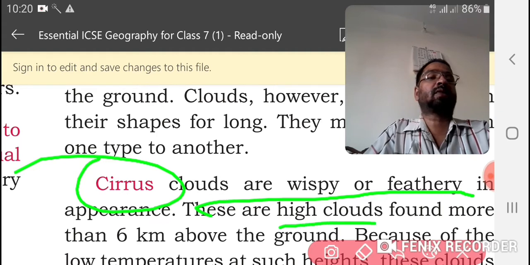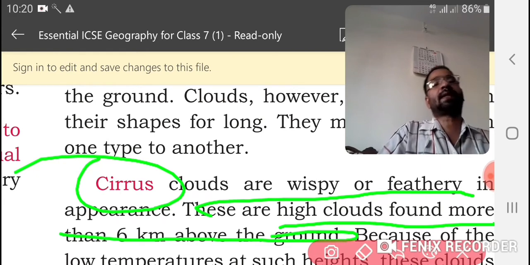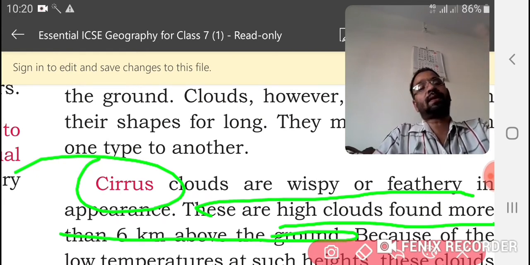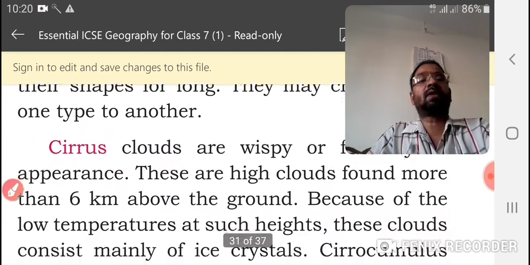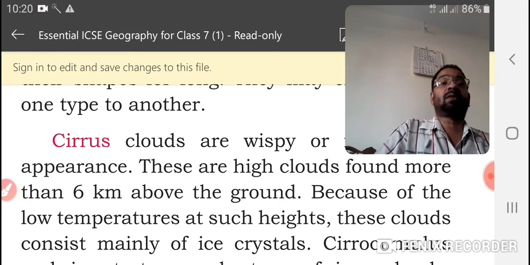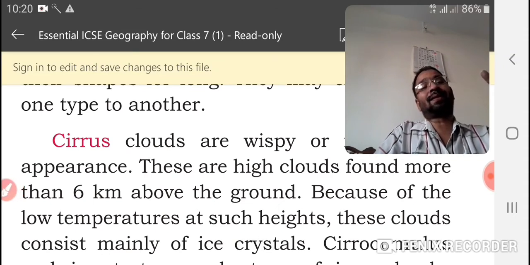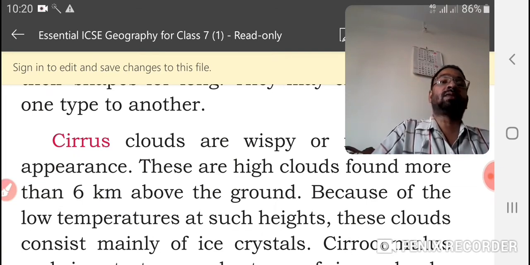Usually these types of clouds can be found more than 6 kilometers above the ground. Because of the low temperature at such height, we know when altitude increases, temperature decreases, these clouds consist of many ice crystals.